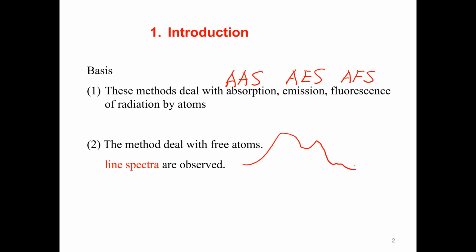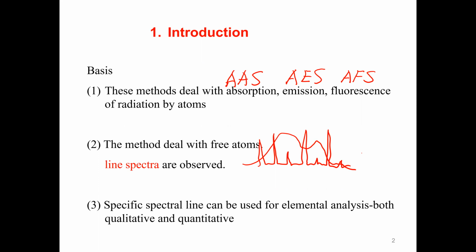But in atomic spectroscopy, what we got is one by one line spectrum. You got very, very narrow lines. And the third, each element has its own very special spectrum, just like a fingerprint of